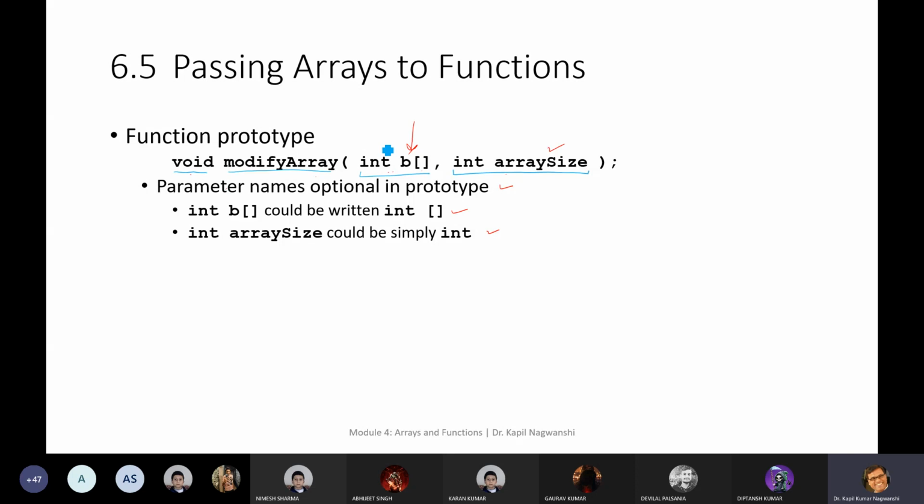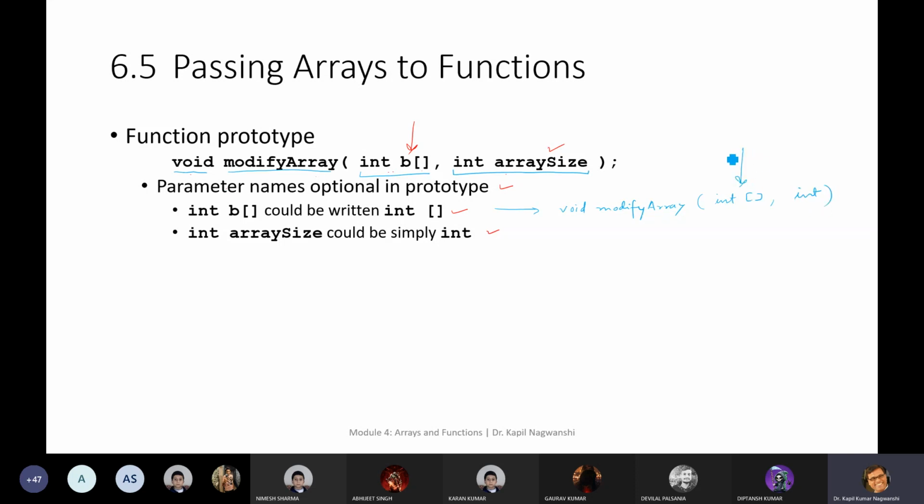This is the name of the array B and the parameter. If you are writing the prototype, you can write void modifyArray, then int bracket and int.